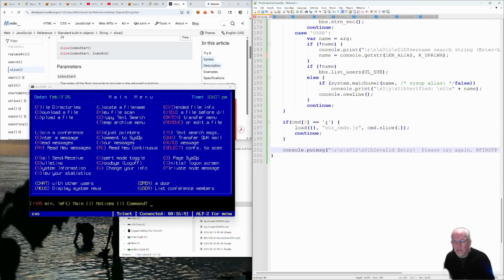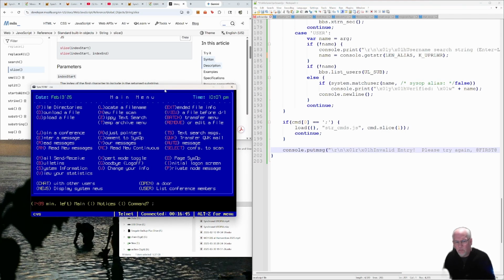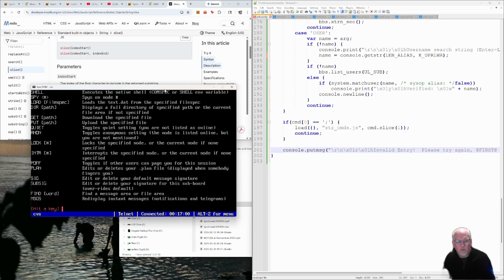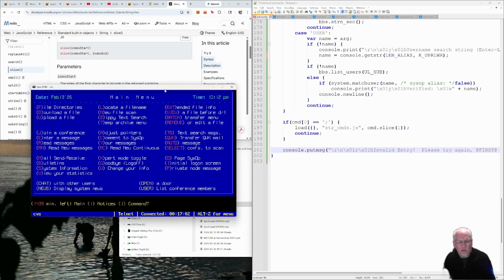This at least allows us some way to get to these string commands that are shared among several shells. So if you type semicolon help, then you get all the help for that, which is different than typing help, which just displays the main menu. But then you have all those commands available, especially as a sysop. There's a lot of commands here, and they're very helpful for testing things, debugging things. I can evaluate parameters. I can BBS compare